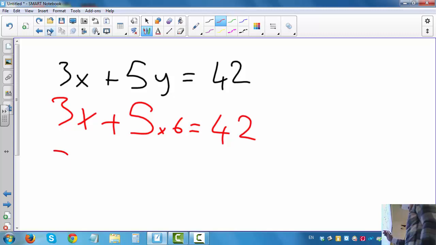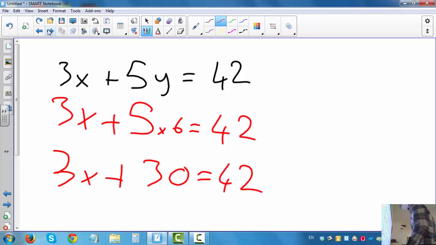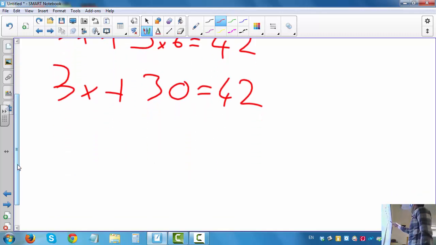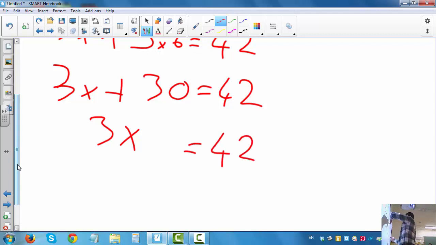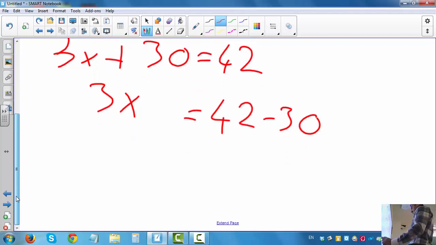And now 3x plus 5 times 6 is 30, equals 42. This time I'm going to send the 30 to the other side of the equation. So this will be alone. Now 3x is alone, and I don't have this part anymore. Equation 42, and the 30 goes to the other side of the equation and changes the sign. Minus 30. And let's continue. 3x equals 42 minus 30 is